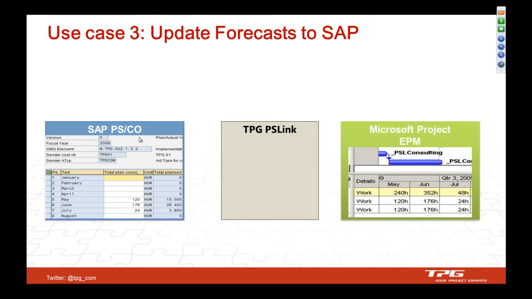So what they usually do is they start planning the project, assigning resources, and thus they will create a lot of cost-related information, which is always more up-to-date than whatever you have in SAP or in any other ERP system. What we want to achieve now is that all this information, which is based on resource assignments, like PSL Consulting has work in May and June of 120 hours, 176 hours, whatever it is, gets converted